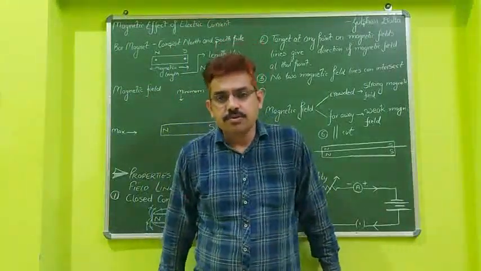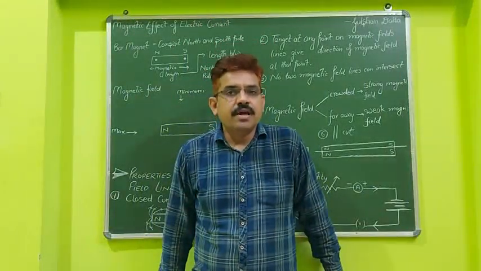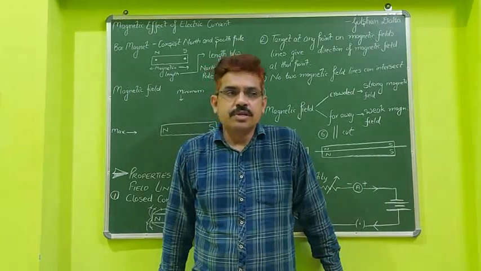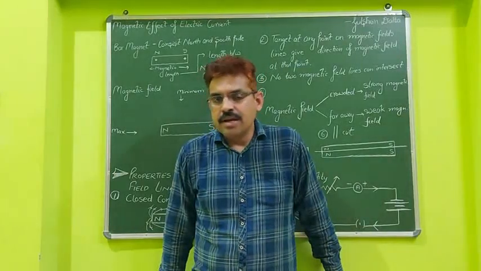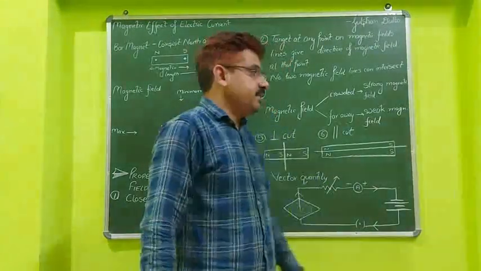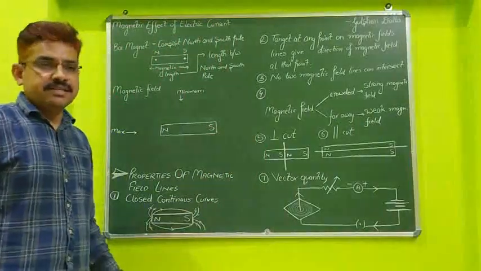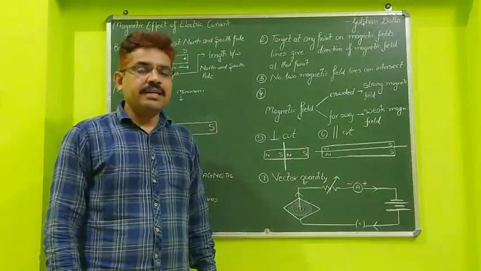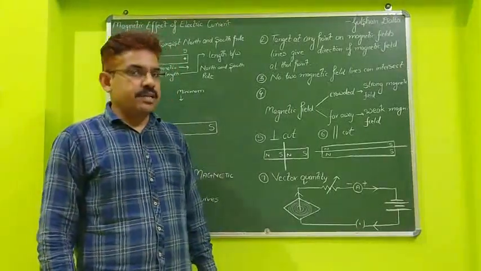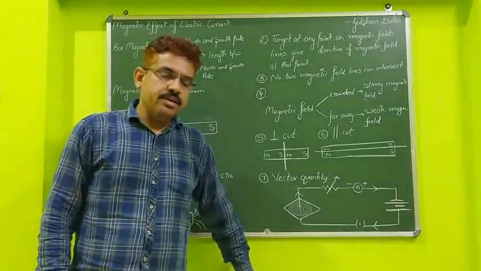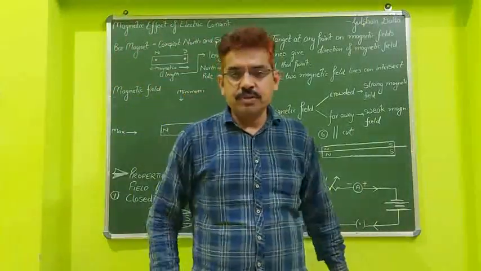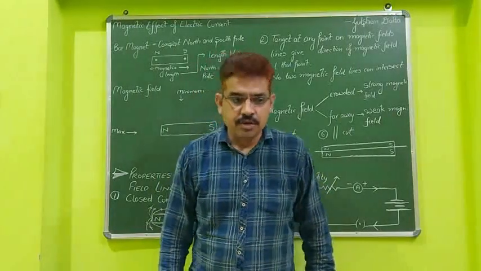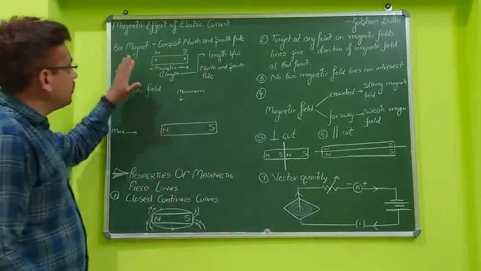Good morning, students. Today we will start with the new unit, that is the magnetic impact of current. But before starting with the magnetic impact of current, let me start with the magnet. You also studied the magnet when you were in 6th and 7th standard, what a magnet is and how many poles are there. The same thing we will discuss here, because first of all we should be familiar with the concept, that is, what is a bar magnet. So let me start with the bar magnet.